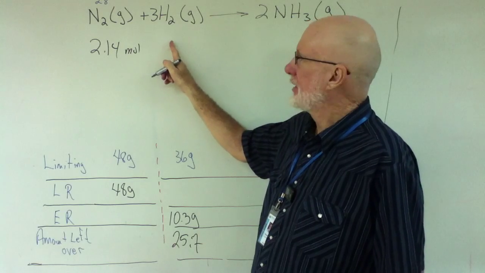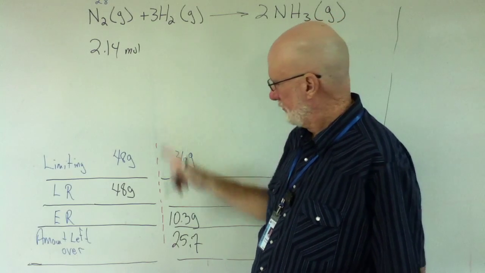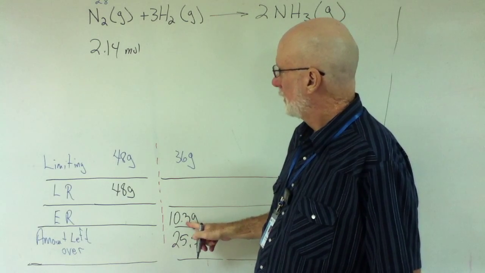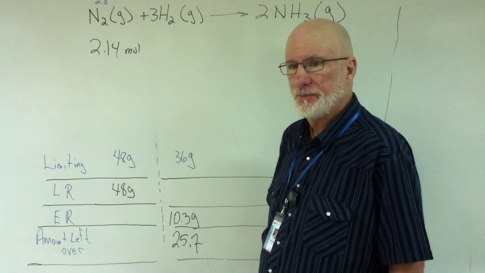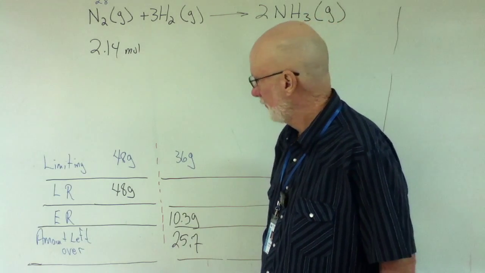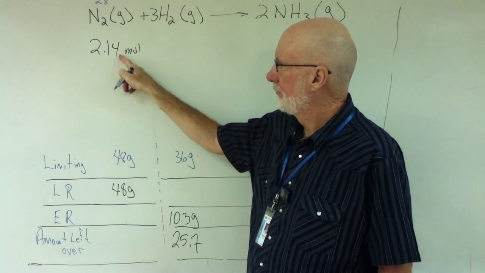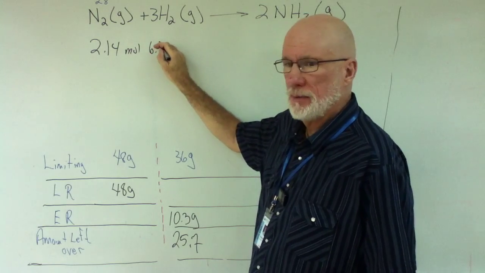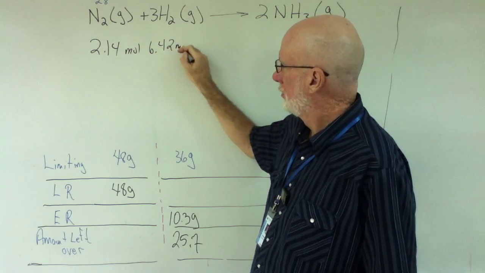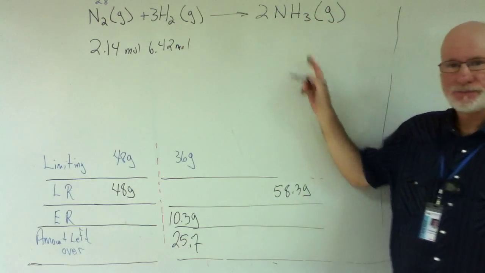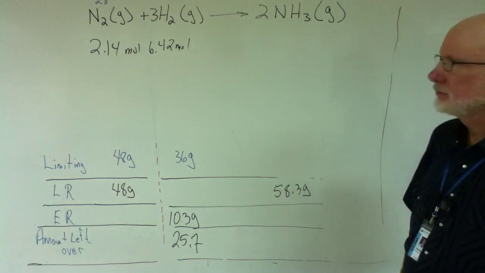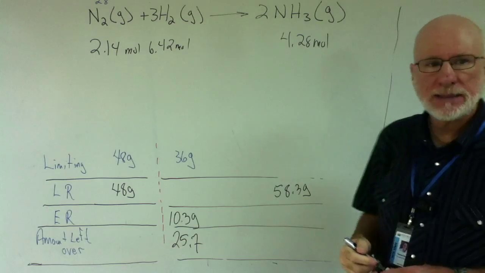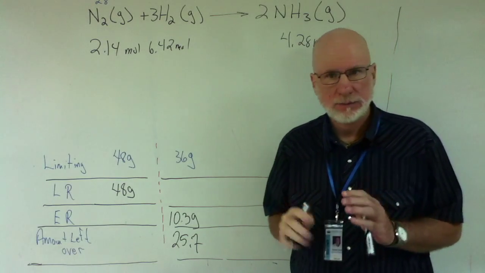How much of this, therefore, did I burn? If you want to do it this way, 10.3, 3 to 2, 3 to 1, sorry. So how much did I do? 6.42. Good. And how about this? 4.28. Good. That's how many moles of each, right? Yes? Okay,